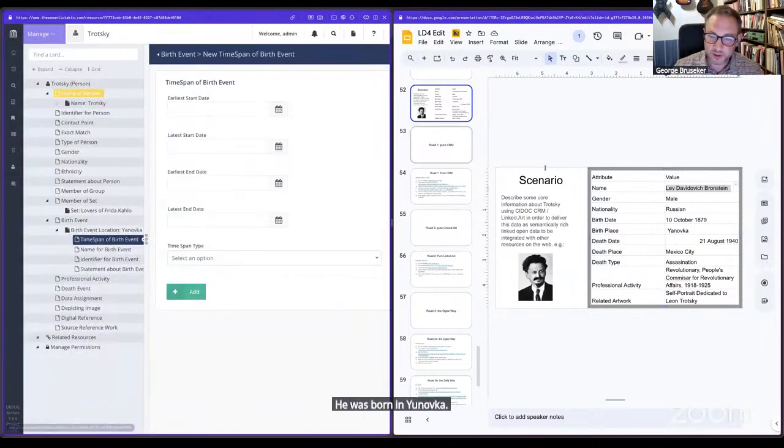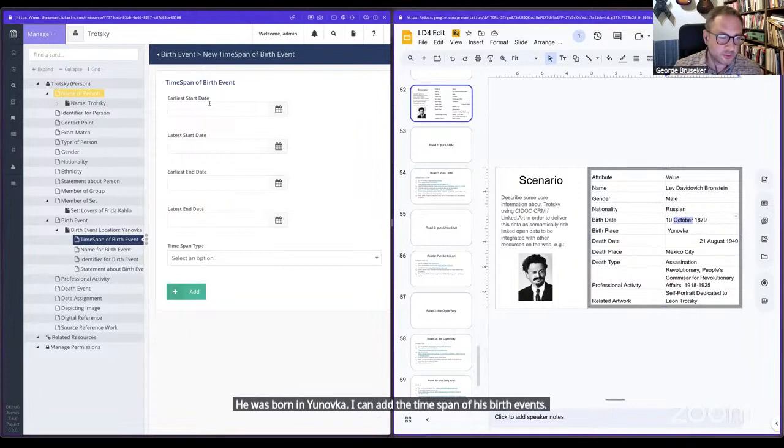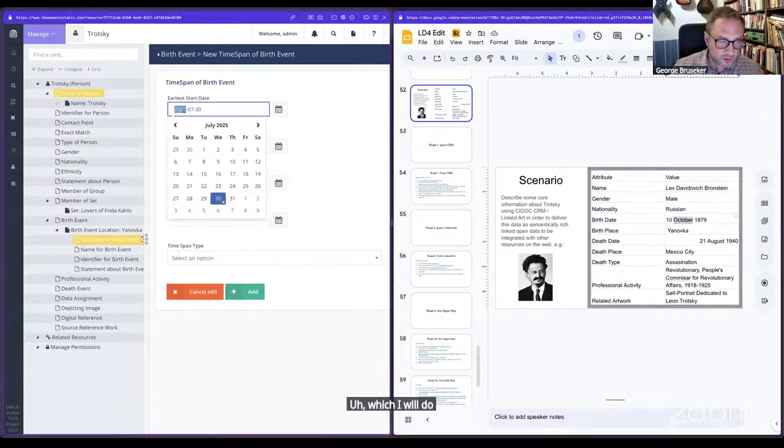I can add the time span of his birth event, which I will do manually, 1879-10-11.